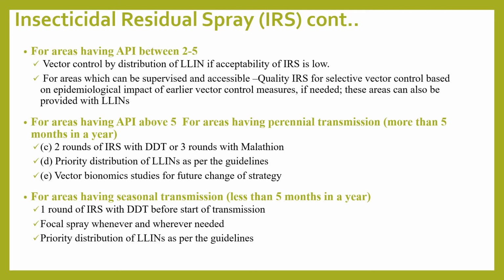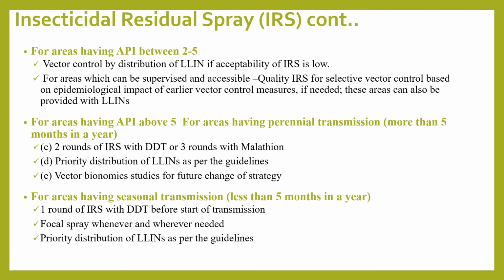Then for areas having API above 5, and for areas having perennial transmission, that is if it is more than 5 months in a year, 2 rounds of IRS are given with DDT or 3 rounds with malathion. Then priority distribution of long lasting insecticide treated mosquito nets as per the guidelines, and vector bionomic studies for further